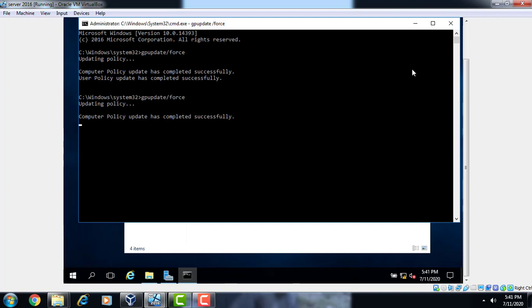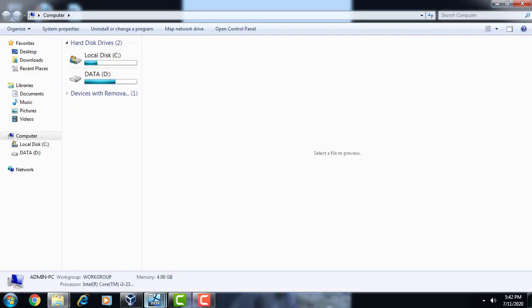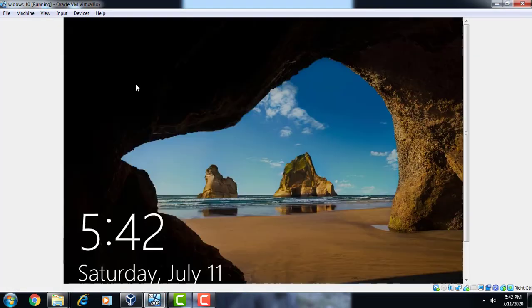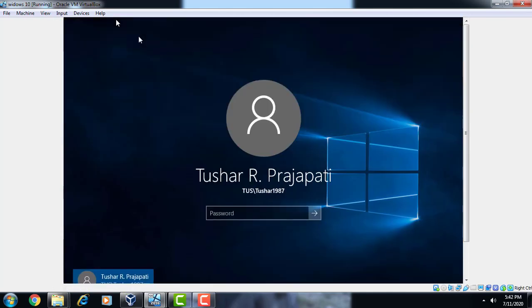Now we are checking the account lockout threshold practical on the client side, on our Windows 10 system. This is our username Tushar, which we have logged in with. The real password is 123. Now we can enter